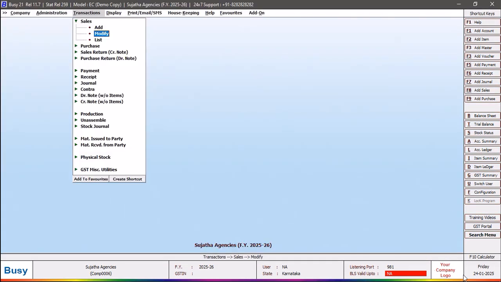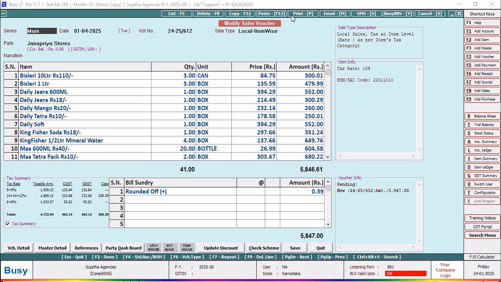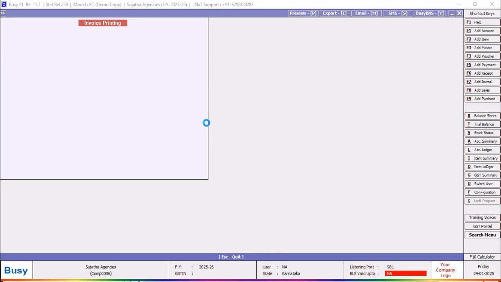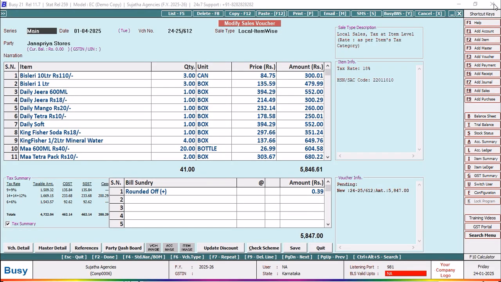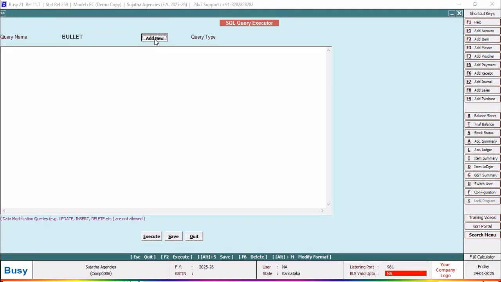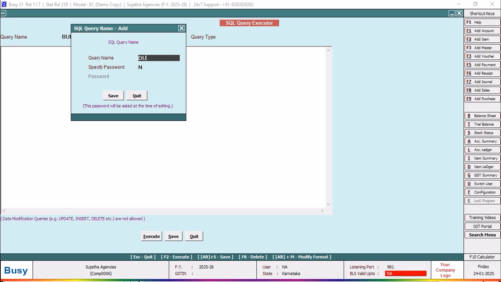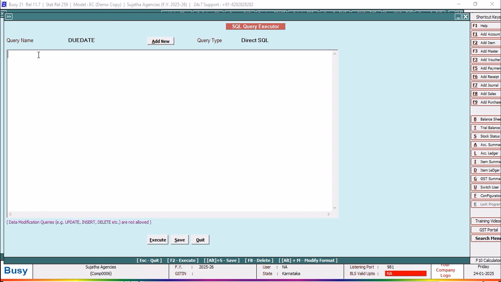Here I don't want to add a CR or DR along with the value. That could be done through writing a simple subquery and then defining it as less than 0 or greater than 0. In both cases, if it is less than 0, then the answer becomes DR, and if it is greater than 0, the answer becomes CR. Then concatenating that result or using type conversion function in EM version,